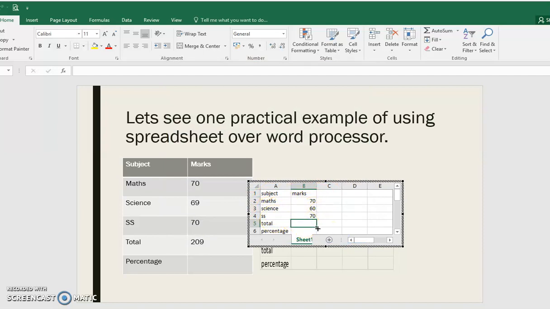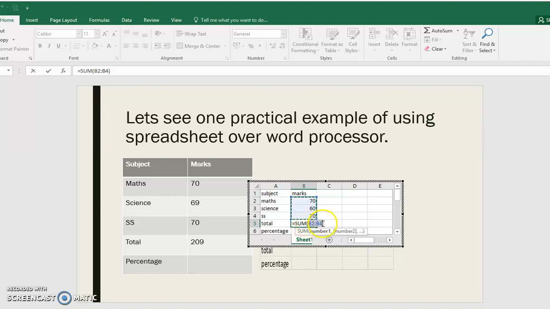If I want to find out the total in Excel, then what will happen? I will directly use AutoSum. Can you see here the AutoSum formula? Here it is written, automatically added up. Your total will appear after the selected cells. So I will just click on AutoSum. Then you can see that here it is added: equal to SUM B2 to B4.